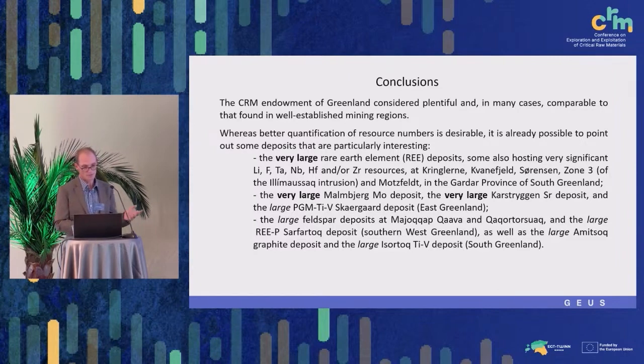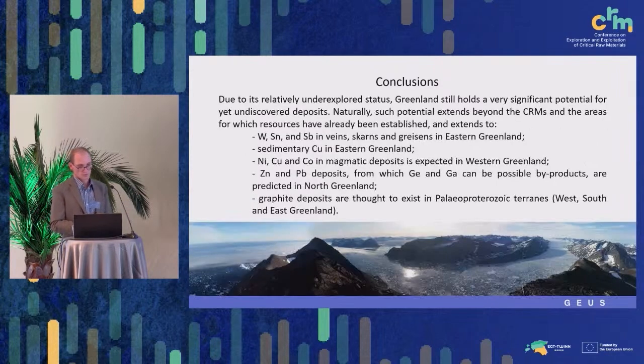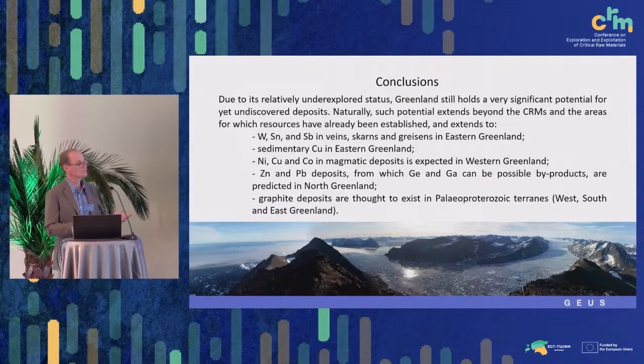Then there are the very large Malmbjerg molybdenum deposits, the very large Karrat strontium deposits, and also large feldspar deposits. Then in terms of the more general potential for CRMs where we don't have deposits, we have to keep in mind the relatively unexplored status of Greenland. So it could have potential for tin, tungsten, and antimony in vein and skarn greisen deposits. Then, as just mentioned, the nickel, copper, cobalt in magmatic deposits of West Greenland, and then possibly in northern Greenland also